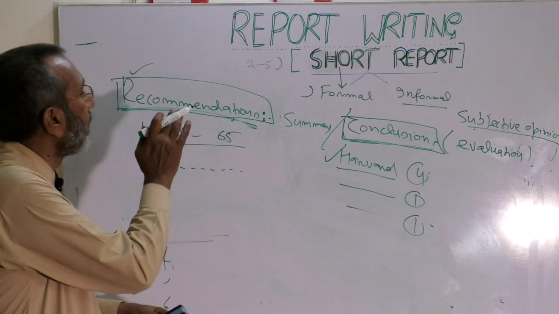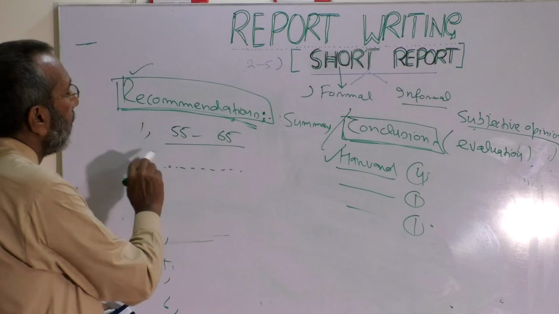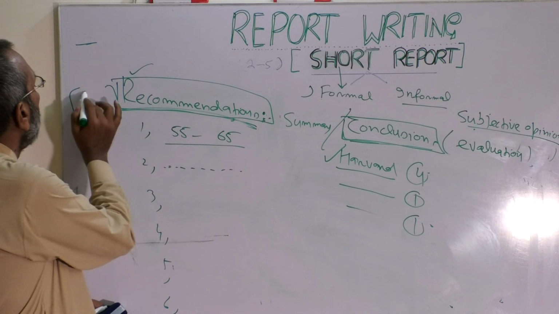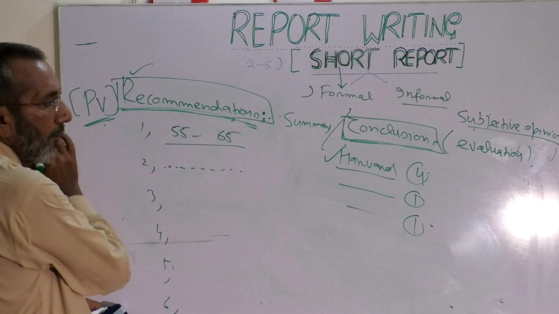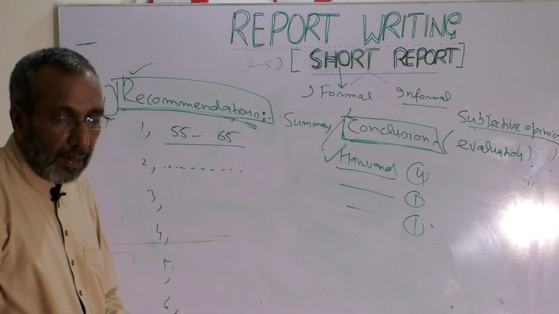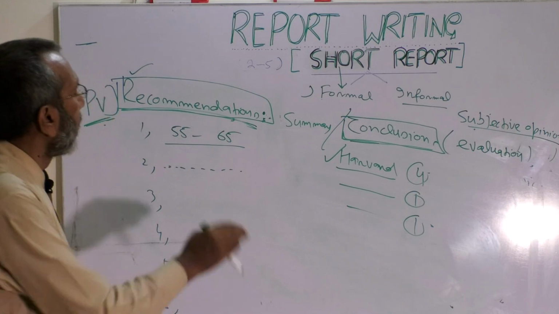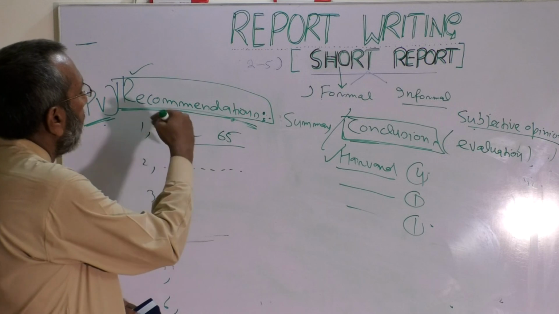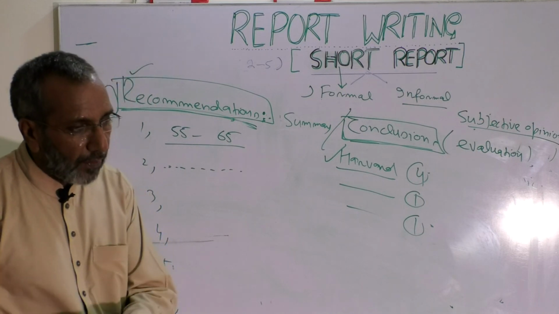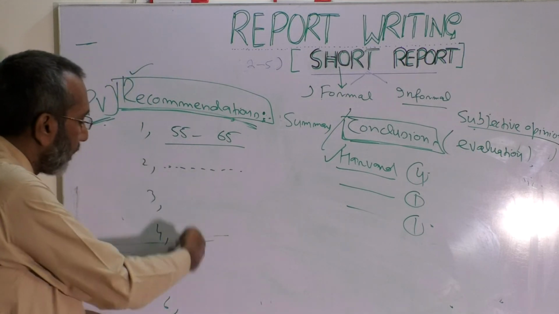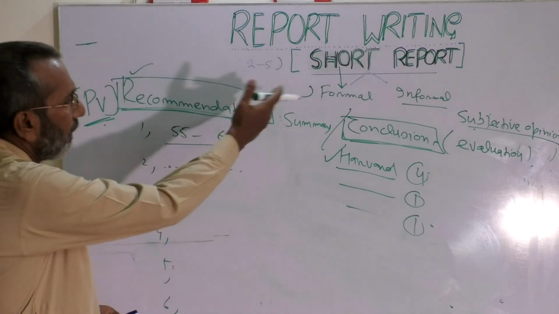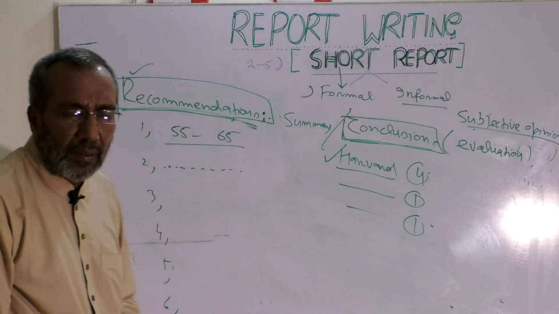Clear? But recommendation, one thing that needs a bit attention is, people say we should do this thing. This should not be the way of writing. Recommendations should be written in passive voice, because here we are not concerned who is doing that thing. The main concern is what needs to be done, right? Instead of saying we should increase the number of teachers from 55 to 65, the better way of writing is the number of teachers must be increased from this to this. So 4 or 5 recommendations, and that's all. In exams, obviously, they don't expect something marvelous, so just give a flick through of all this, and you will, inshallah, everything will turn fine.